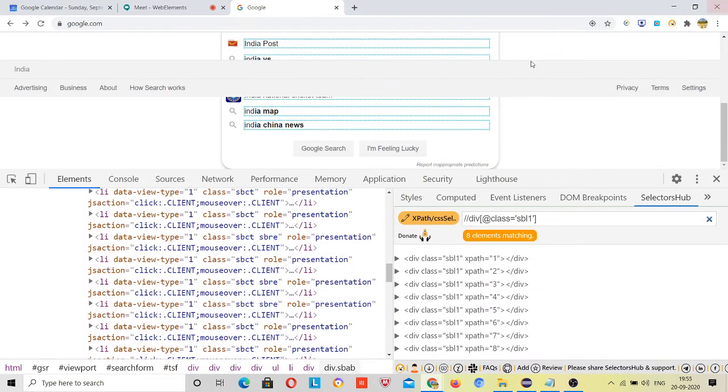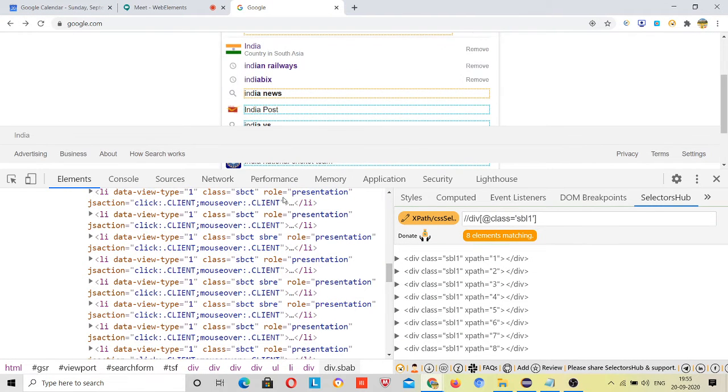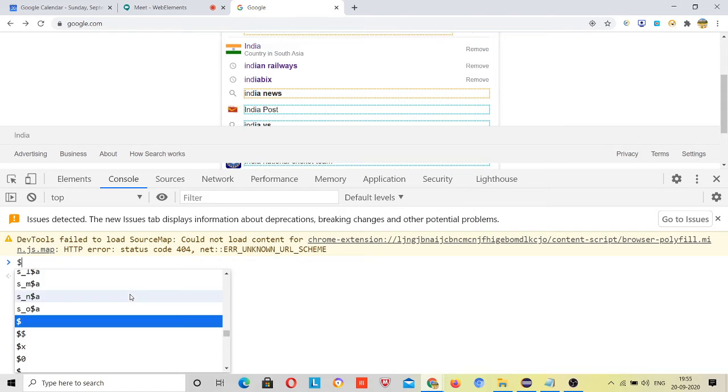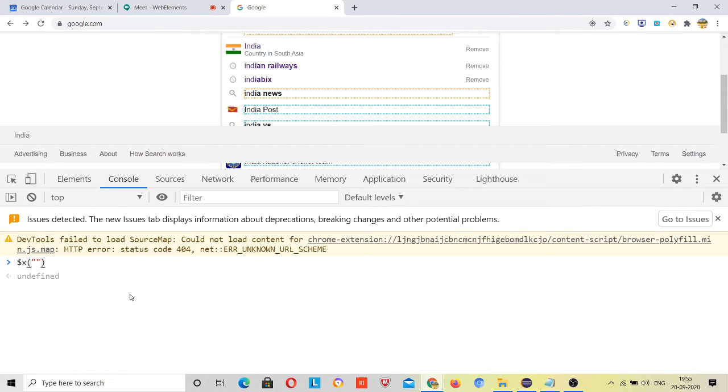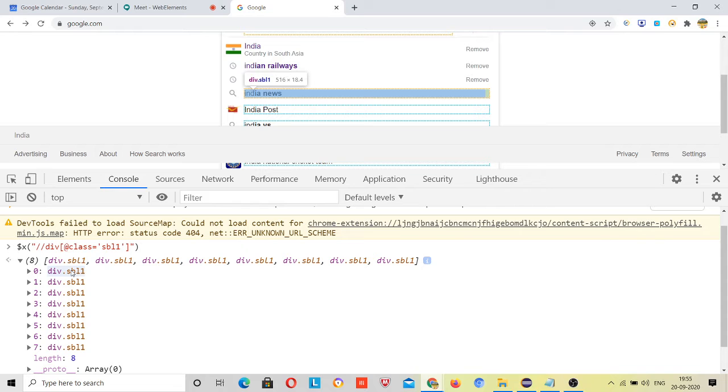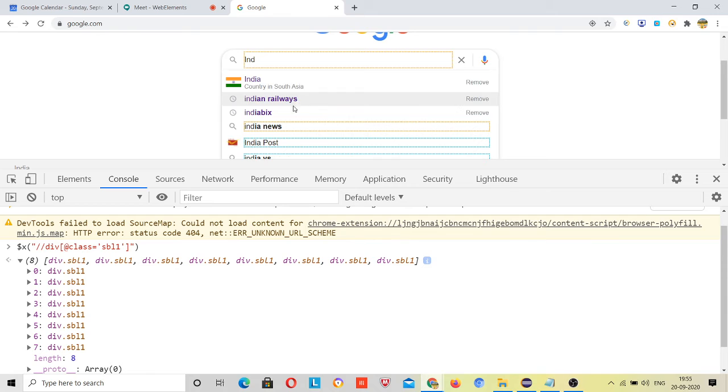Because there is some problem with this Chrome feature. If I go to console and write the same XPath here, double slash div at the rate class is equal to SBL1, 8 elements are matching with the India news from third, right? But India is also present here, and in India everything is not common.